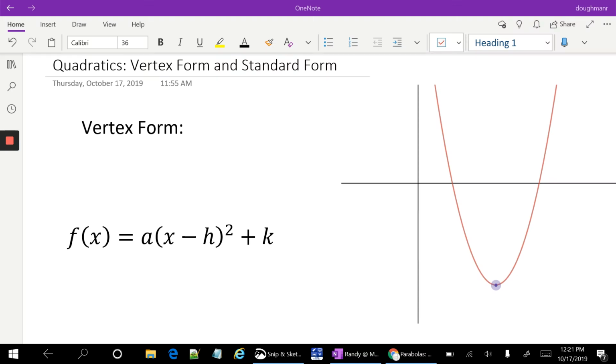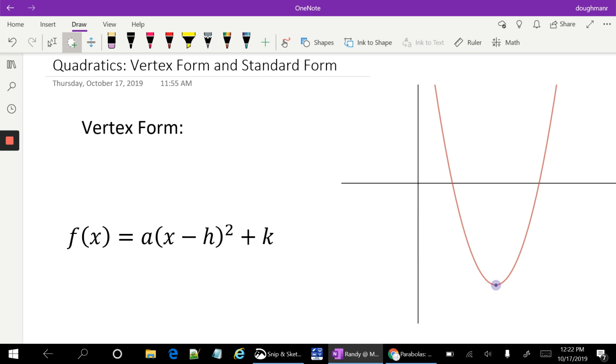Okay, now we're going to look at quadratic equations, and we're going to look at a vertex form and a standard form. First off, we have the vertex form, and we're going to look at this as basically a transformation, the same kind of thing we looked at the end of last chapter. But notice one real important thing here is I changed that from a positive to a negative, or a subtraction. And that should help us when we look at transformations,